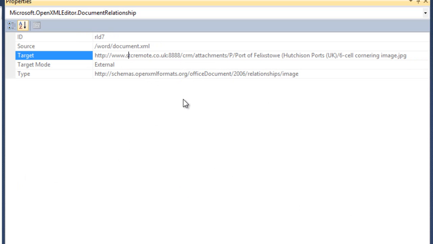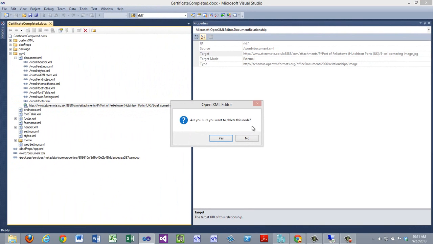port of 8888, and somehow or other Word 2010 and Word 2013 are happy to see this particular issue and they'll just open it anyway. They don't complain about that. Whereas Word 2007 gets some kind of error, probably in the XML parsing or something, that complains then about that particular link. So we have to go, and if we delete that link, so this is RID7, that's going to